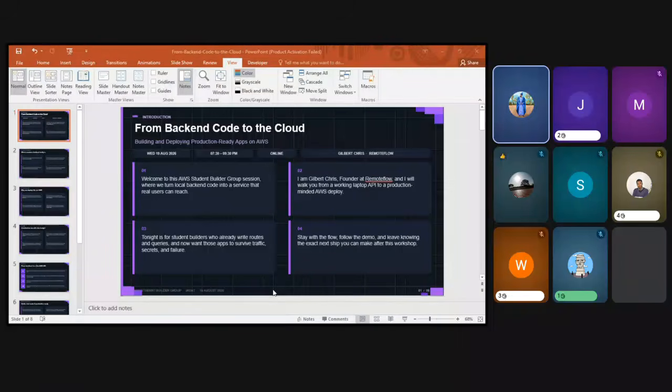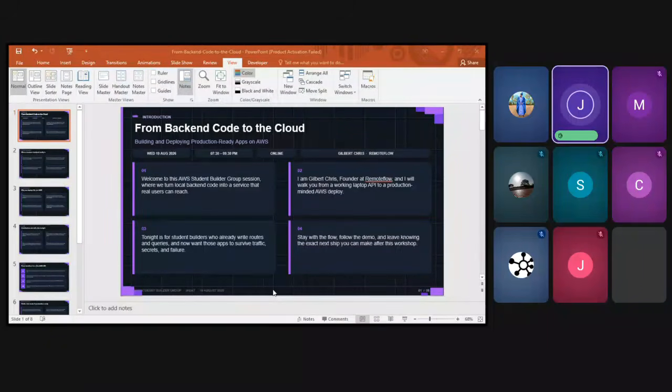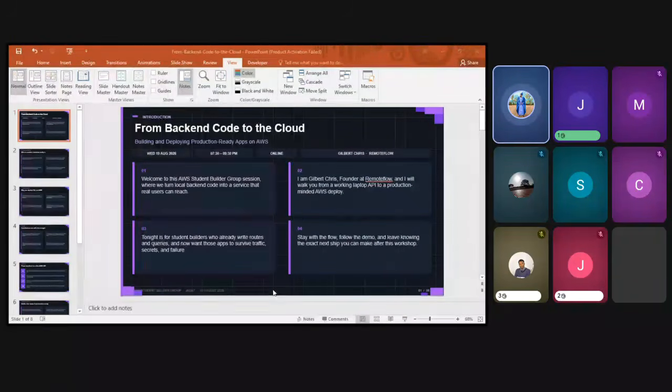Who has hosted theirs? Some of you don't even have a computer. I hosted mine on Vercel, but Vercel had issues with secrets. What you could have done is just rotate your keys.